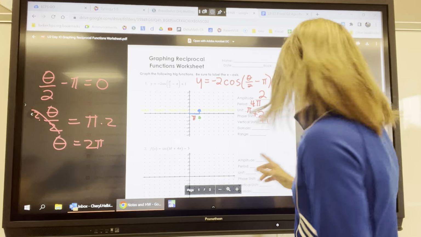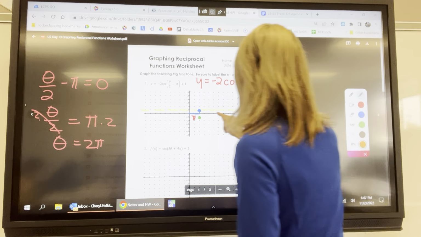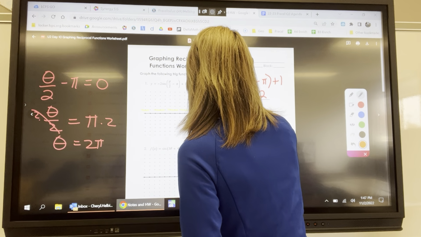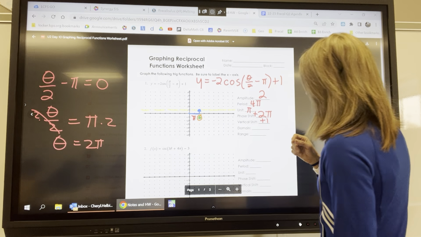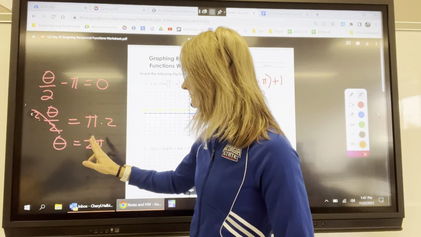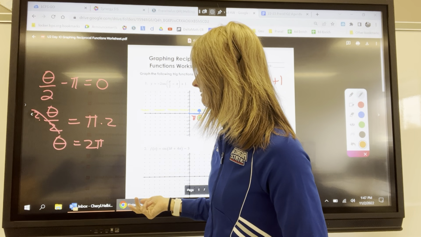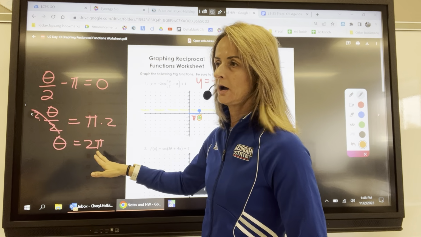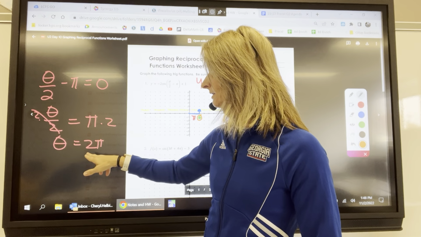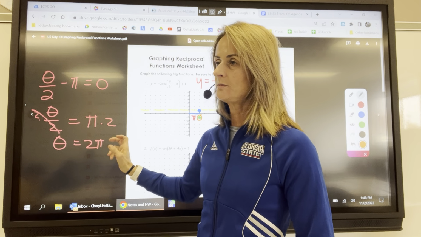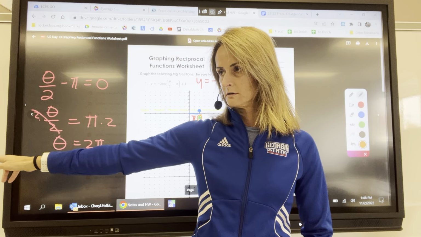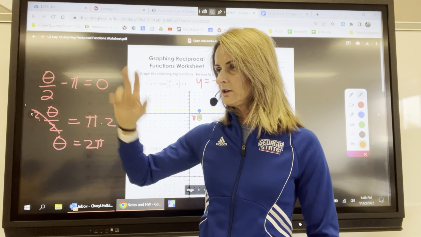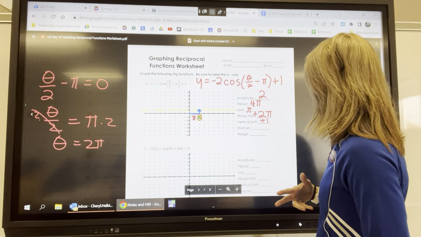I'm going to go ahead and, Drew? When we solved, did I miss a negative somewhere? We got a positive 2 pi. Had we received a negative 2 pi, then it would be going to the left. I think you're thinking of,